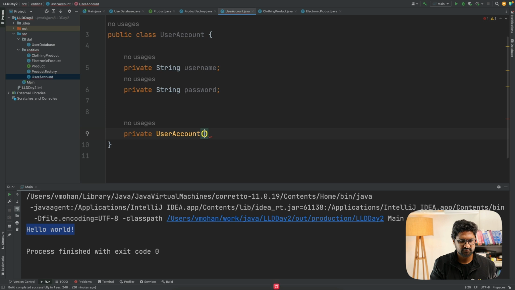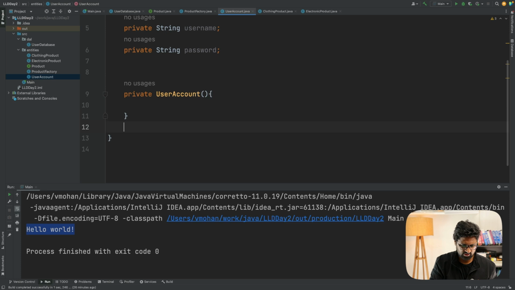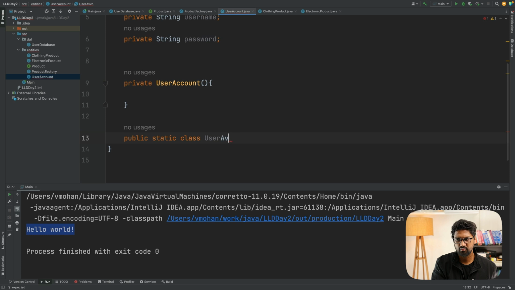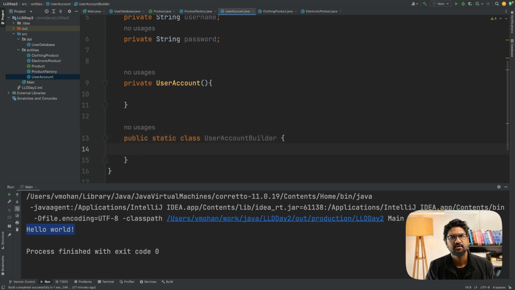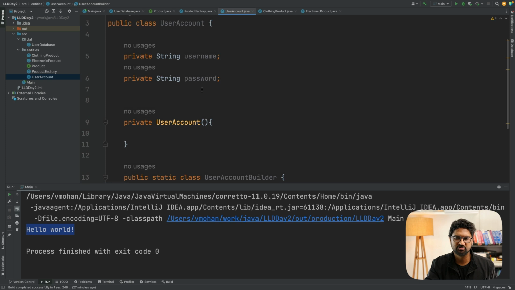And inside that, now since I'm making use of the builder design pattern, what I'm going to do is inside this I'm going to define a class called public static class, and I go and call it as a user account. See the logic. See, this is a user account. User account is an entity, username and password. And the whole logic of creating this user account should be inside one single class, because we have